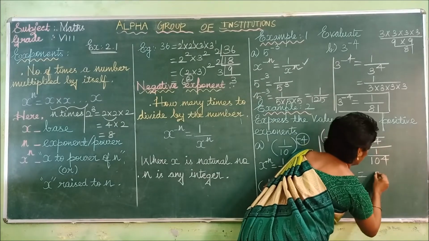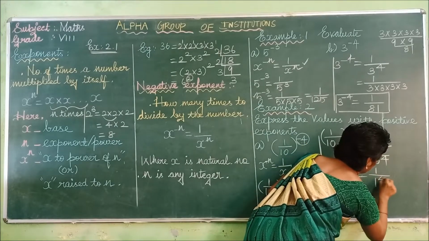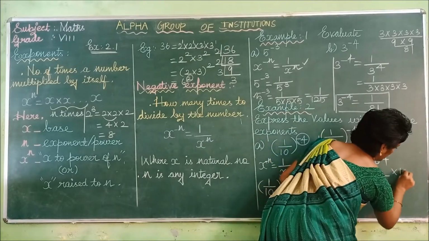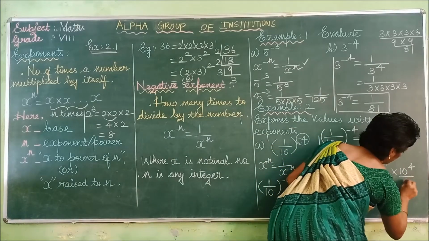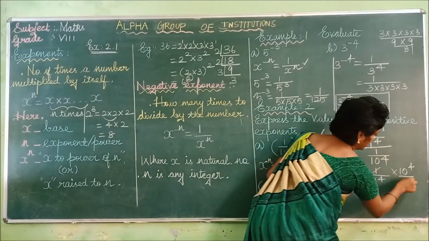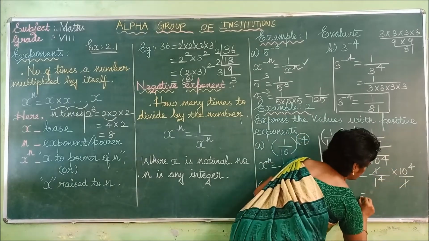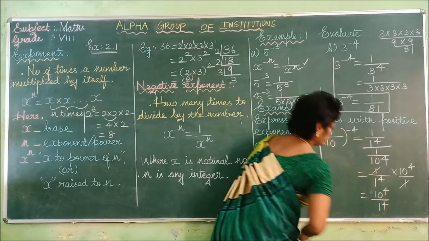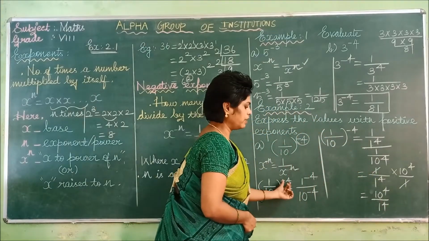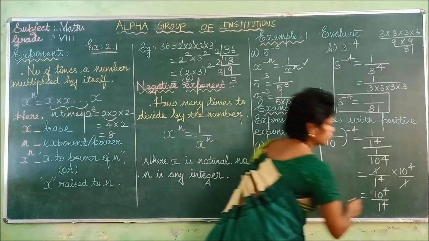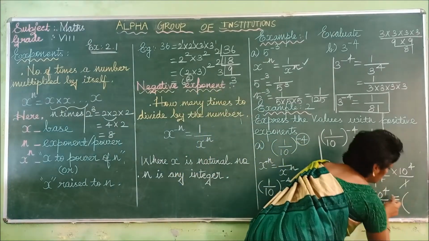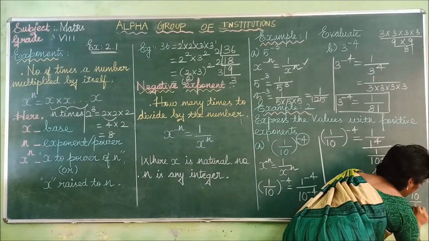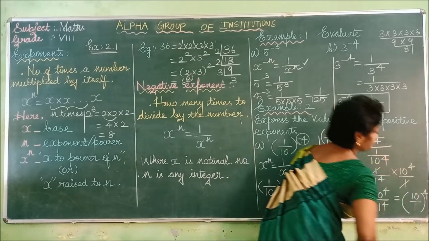So how can we write this? 1 divided by 1 to the power 4, and the denominator of the denominator comes into the numerator, that is 10 to the power 4, divided by 1. So the 1 gets cancelled. What is the value? 10 to the power 4 divided by 1 to the power 4. In a similar way to the question, you have to write the power outside. Both have the same power, so you can write the value as 10 by 1 whole to the power 4.